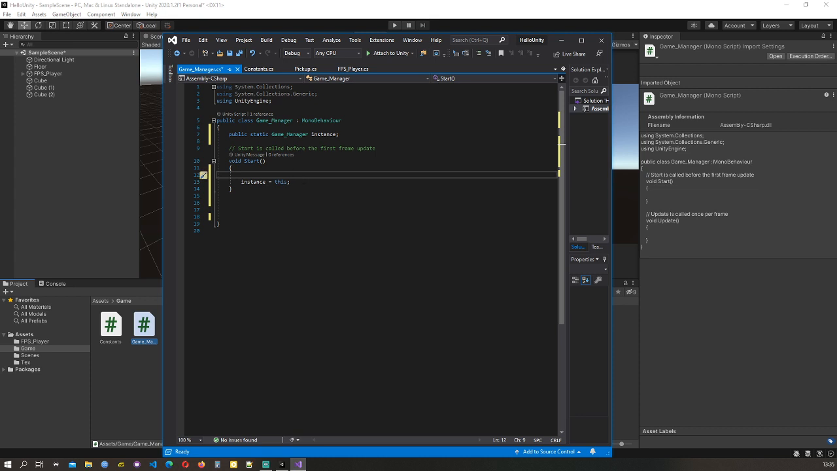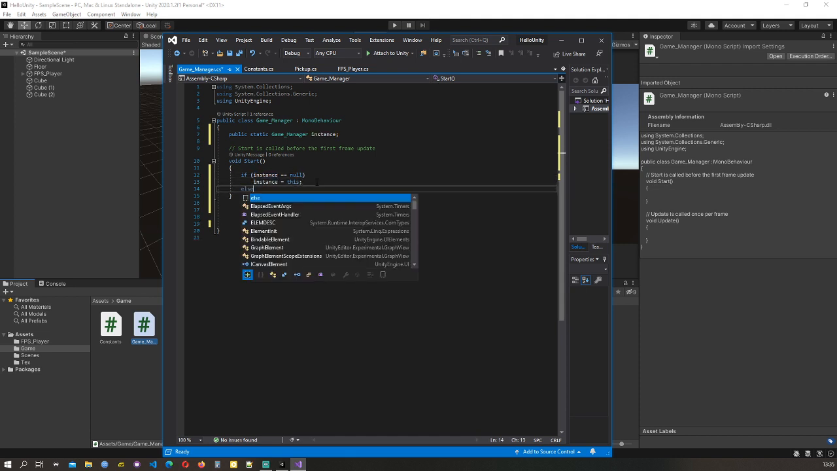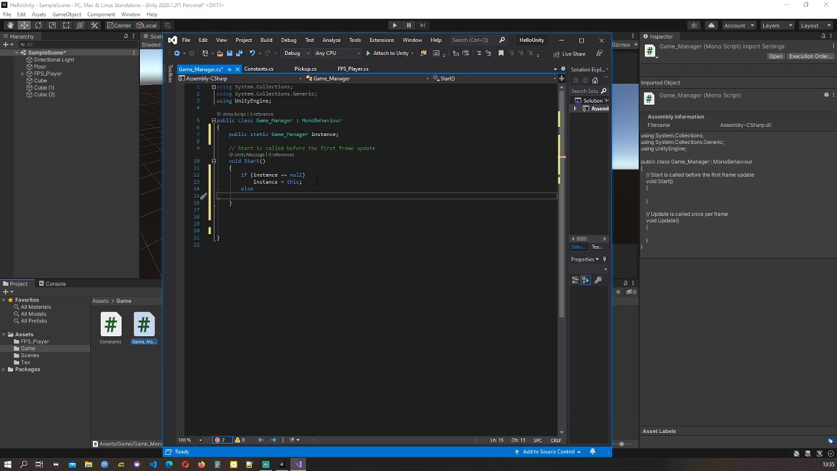But to get around what I just said, with start, we only ever want this to be defined once. We've declared it there. We've defined it here. But we only want it to be defined one time ever. So if instance is equal to null, the instance equals this, else do nothing. Actually,